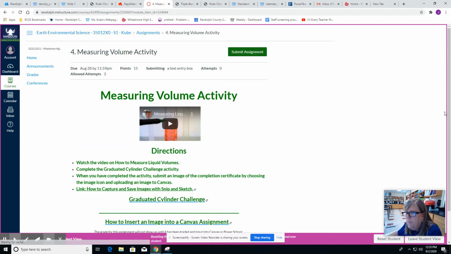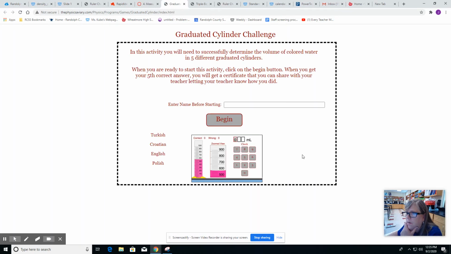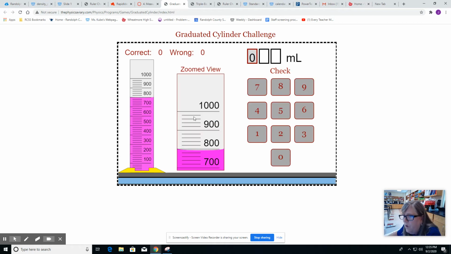Okay. This volume challenge is a little bit more difficult. I think this one's harder, because this scale changes. Here on this one, there's 700, 800. So our 700 would go up here. We know it's above the 7, so we're going to click the 7. Now these lines, because this goes from 700 to 800, there are 5 different places,